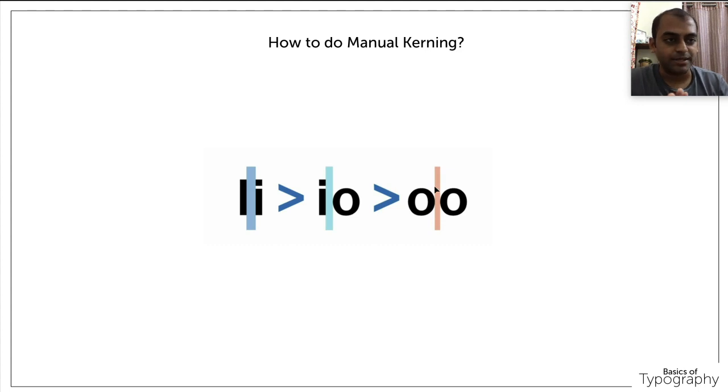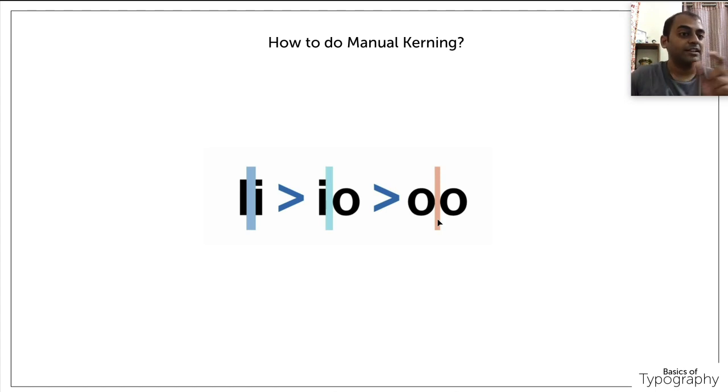The reason is that here, if you see, there is not any white space anywhere, but if you draw a box around this O, there is white space, so we need to compensate for that white space in the spacing. Here there is very little white space, so we leave a much higher kerning space compared to these two. But here there is much more white space than in the first two cases, so it has to be a lesser kerning. Even though we have drawn this line and identified this lesser kerning, when you look at the text as a whole, it looks uniform. That is the beauty of kerning.